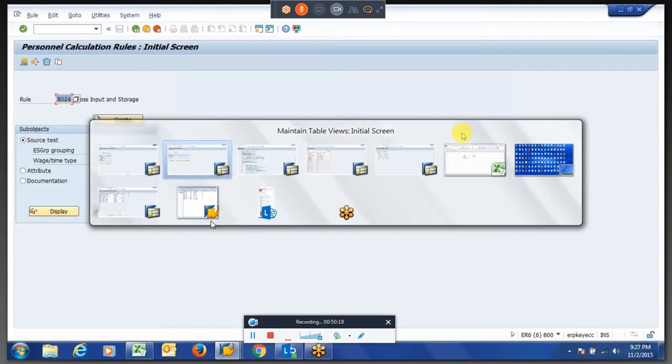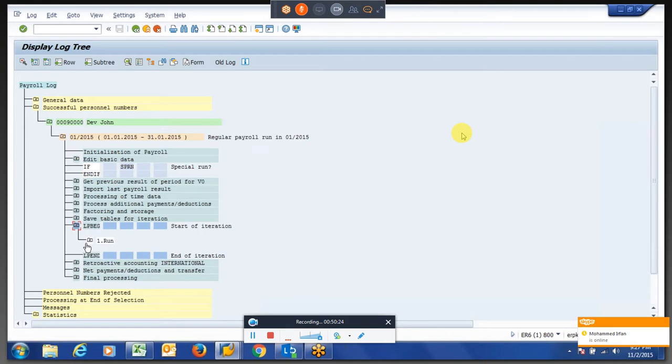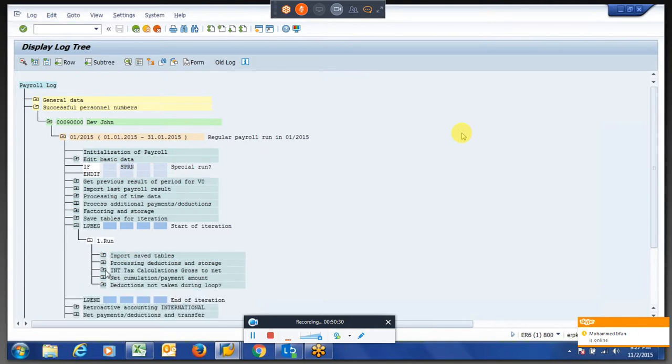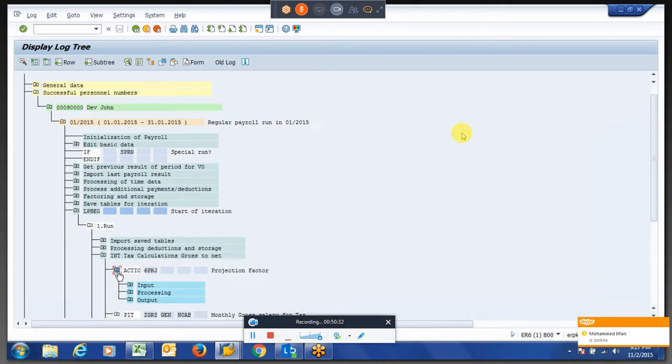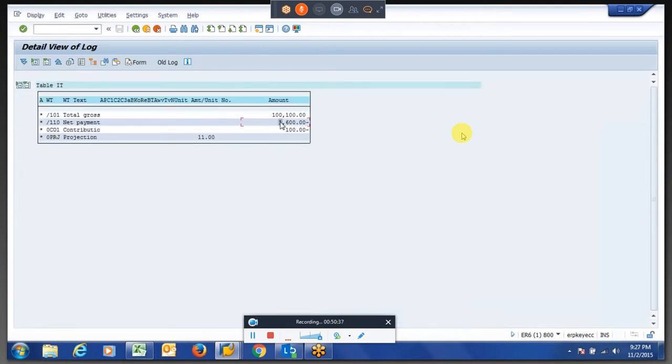It should be some 1600, I think, right? Right now it is fine. It is accumulating.